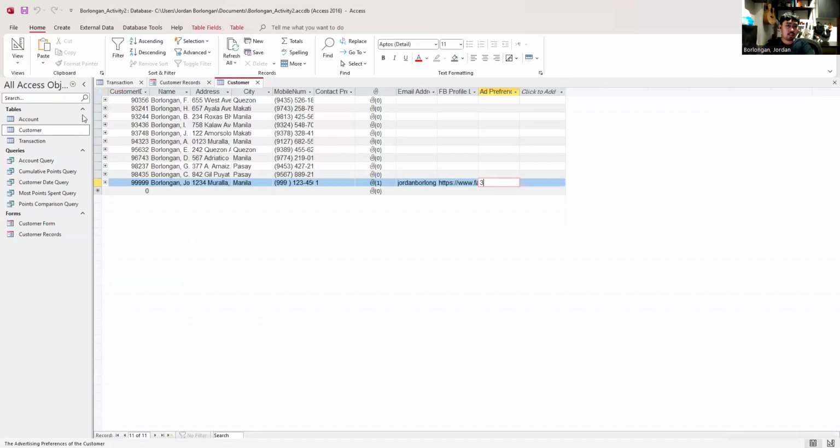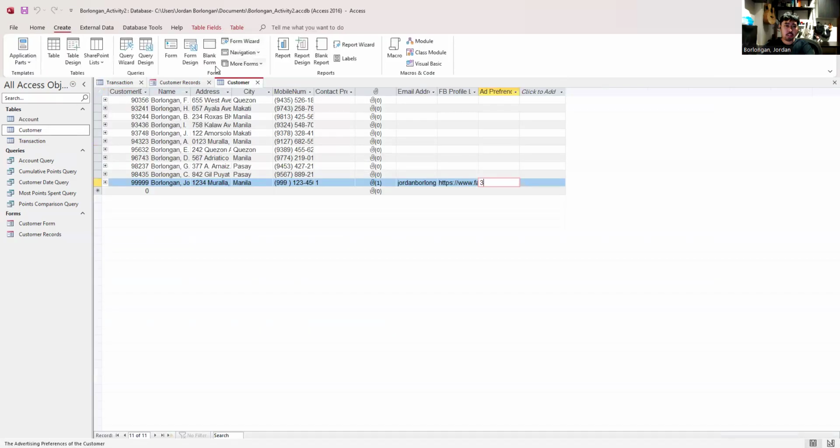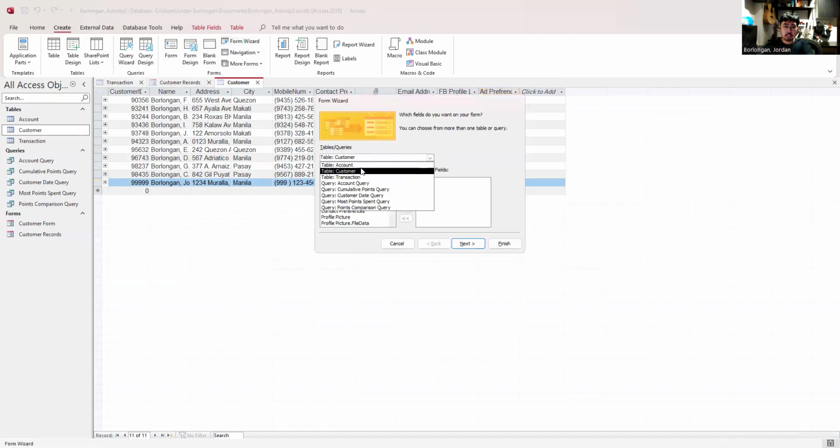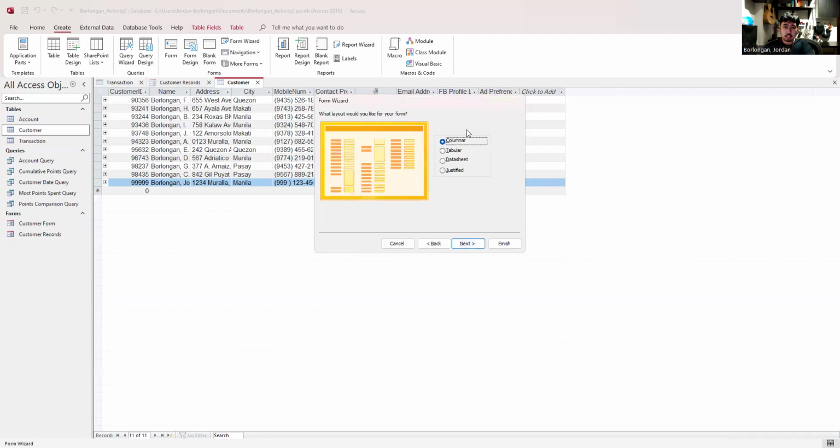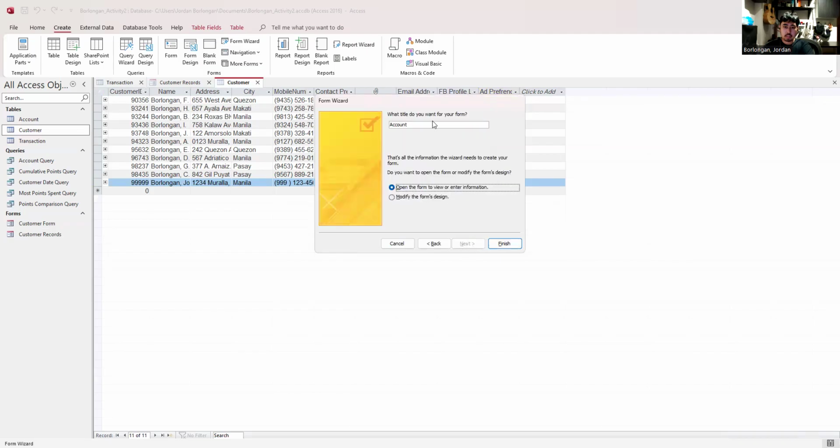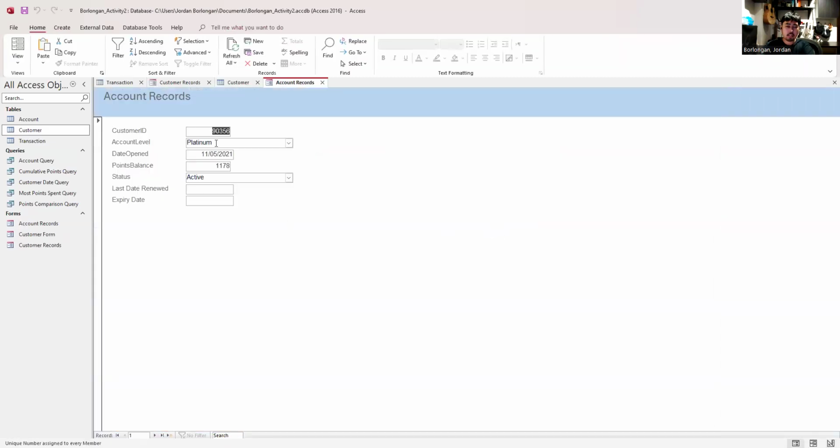So let's close it and then create a new one. Select account table. So for this, since I don't have preferences, I'll just choose it all. Columnar count. So there. So this is relatively simple.